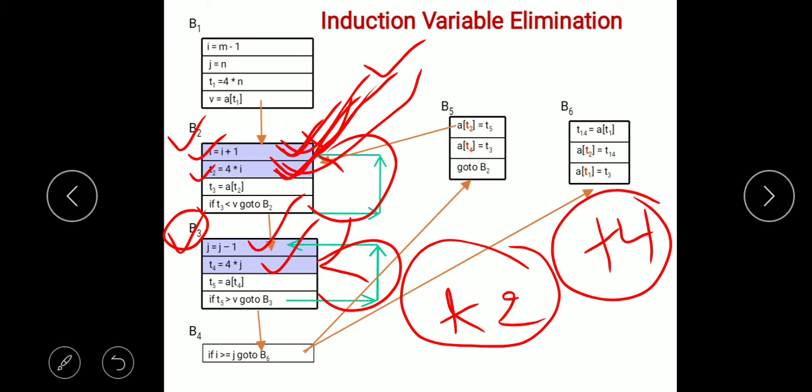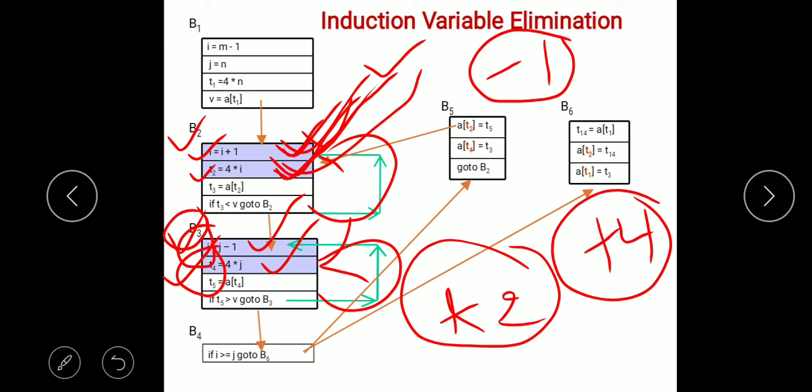Every time the value of J is decremented by 1, that causes a change in T4 also. How does T4 change? The value of T4 is also decremented by 4. Again, the value of J is decremented by 1, and for that T4 is decremented by 4.